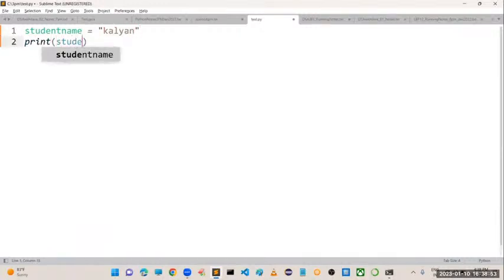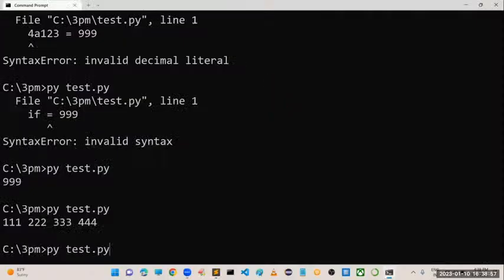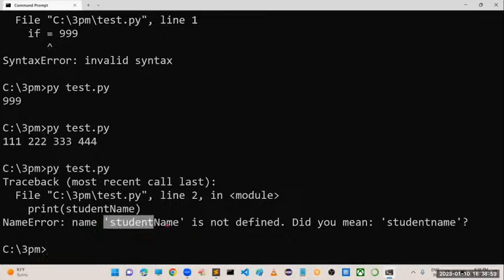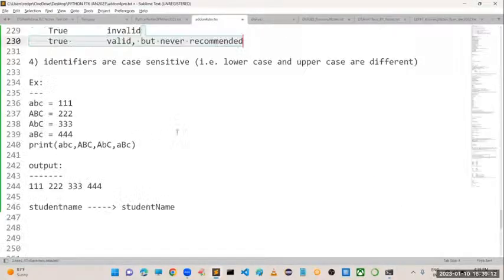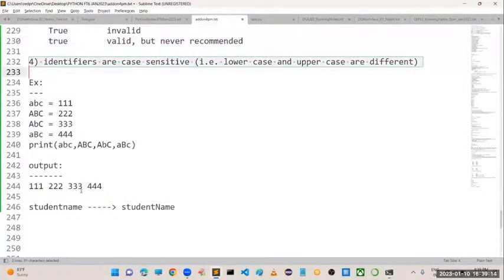At the time of printing, I take student N as a capital. What output are we getting? Name student name is not defined, and it even gives an auto suggestion like, are you trying to use this particular variable name? Like that, auto completion also works. Anyway, just try to understand this point very well.